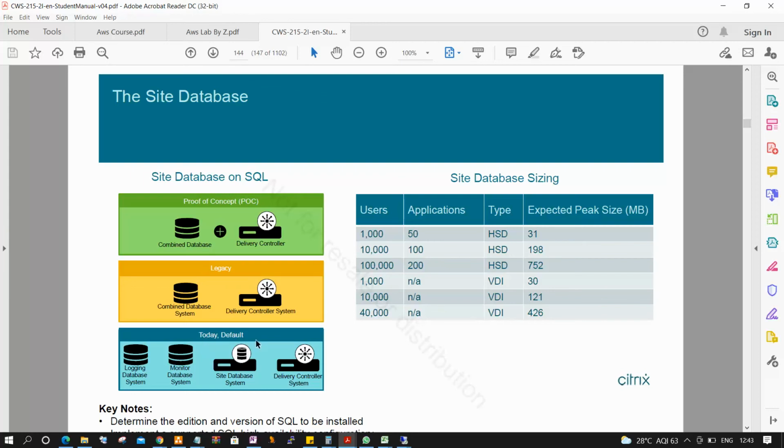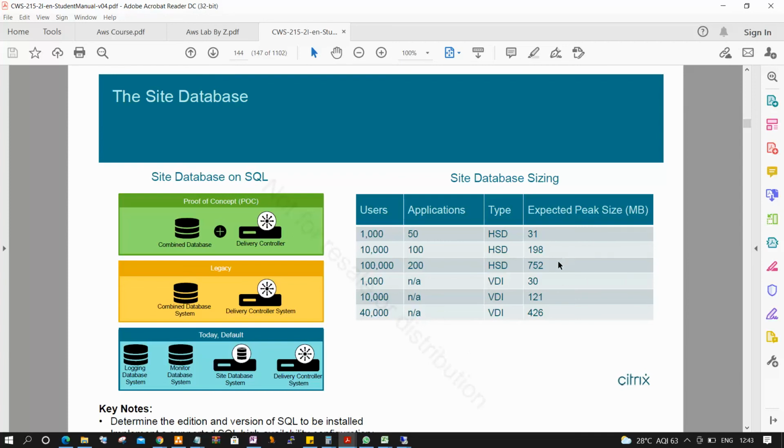And in today's environments we are using the logging database, monitoring database, and site database. We have 3 types of databases. You can select either the POC environment or the legacy environment. That is your wish. But the database size is how much you need to maintain. Expected peak size 31 MB, 198.